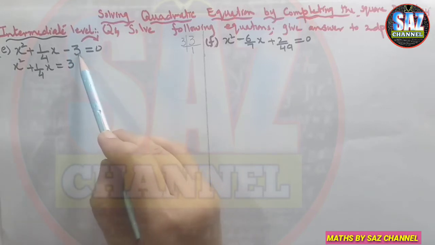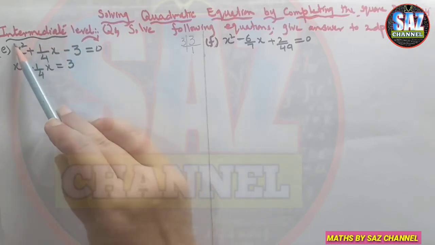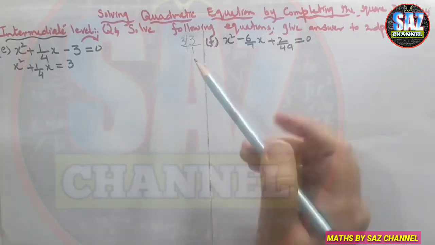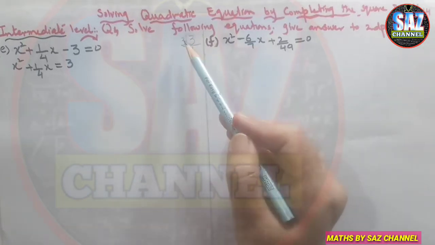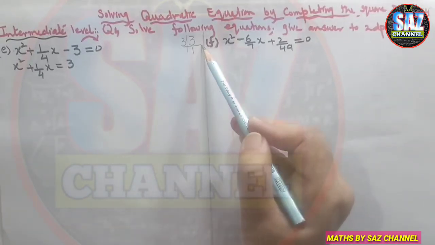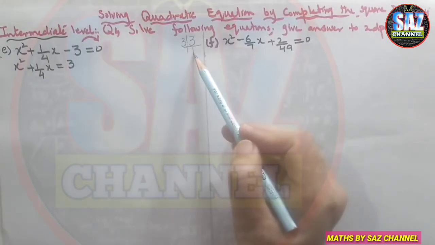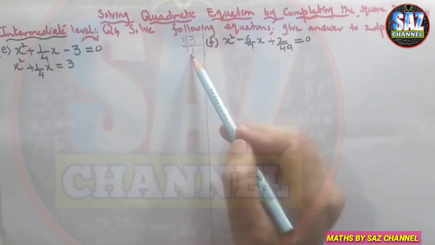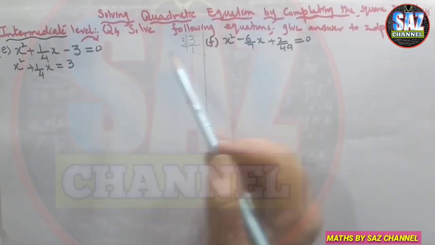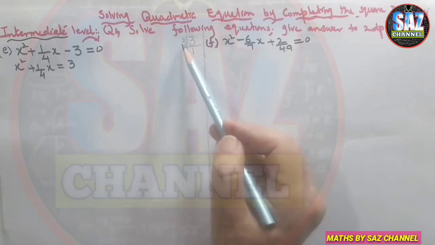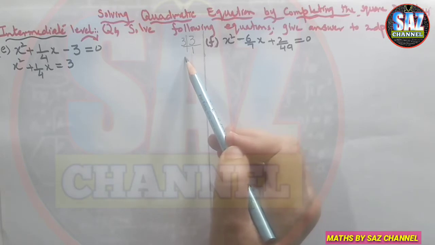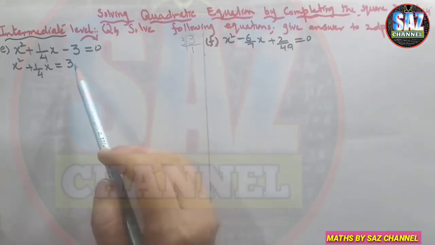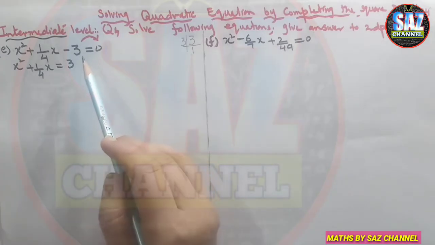Coming to the second method, that is the hit and trial method. According to that, I have to multiply this constant with the coefficient of the term having power 2 and my product comes 3. Then I have to make the factors of that product. 3 is a prime number, so I'm getting 2 factors only. Then I have to set the factors in such a way that when I'm adding or subtracting, I'm getting the middle term, and when I'm multiplying, I'm getting minus 3. I'm not finding any suitable factors that can give me minus 3 and 1 by 4 at the same time. So this is the reason that we have to apply the method of completing square on this question.